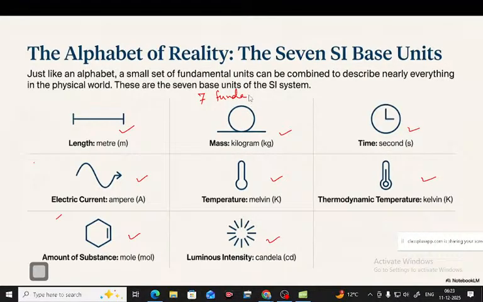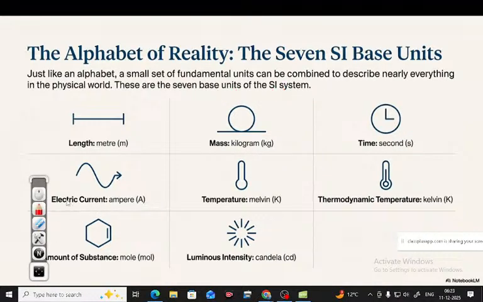7 fundamental units in SI system. Besides the 7 fundamental units, there are 2 secondary systems also. And what are the 2 secondary systems? That I am going to reveal now. In the next one, what we want to learn,